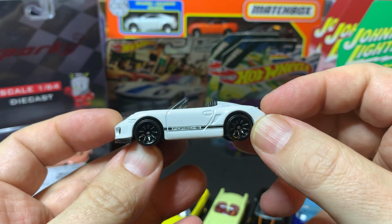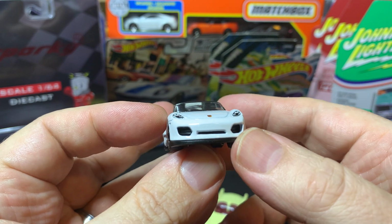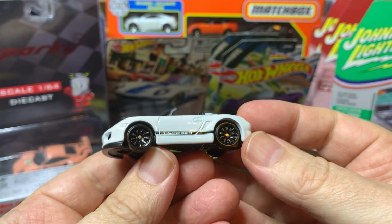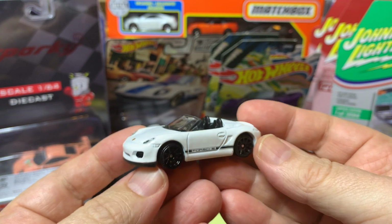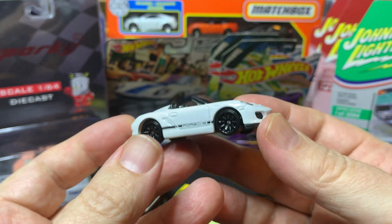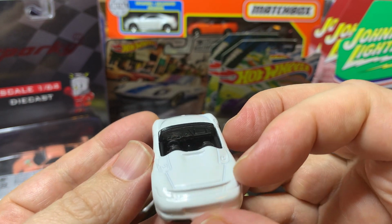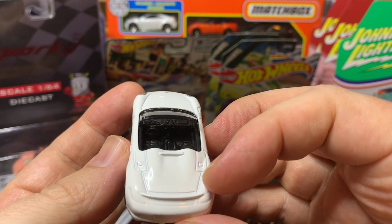This is the first version of this casting that I have. And looking at it in the package, I wasn't too sure about it. It seemed a little out of proportion, and I suppose it probably is. But I love white cars with black wheels, so I think this looks really cool. Even if the casting itself is probably not the best, it still looks very nice. Interior's not bad. Has some pretty decent detail. It's hard to see on the camera, but